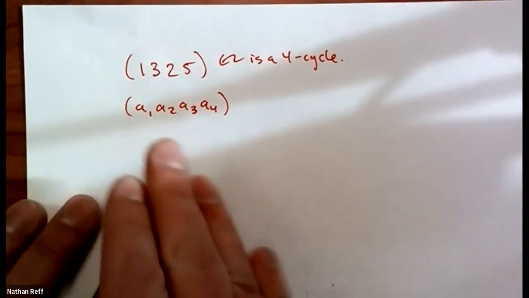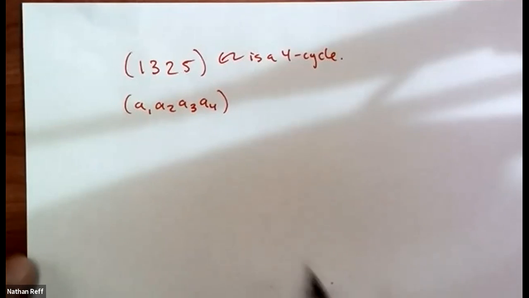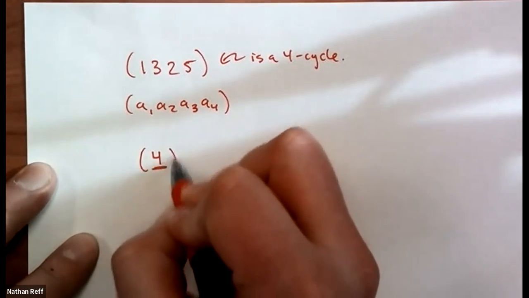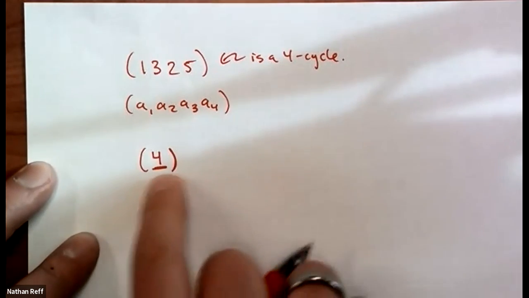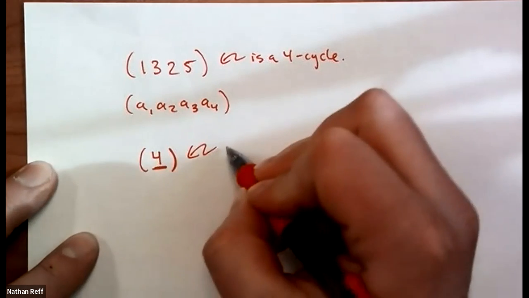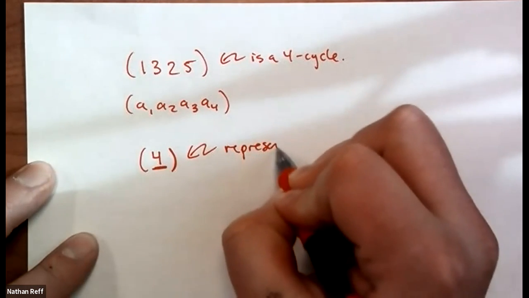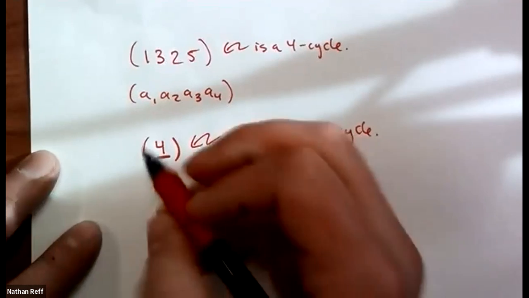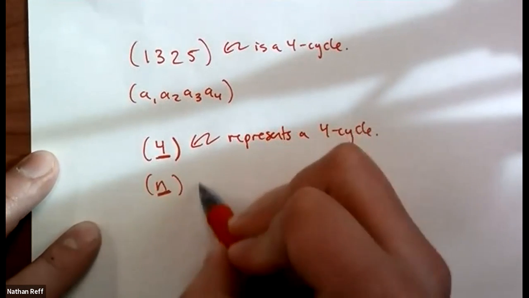So that's one way that you could represent a 4 cycle. Another way is you could write a 4 and underline it, and say that this represents a 4 cycle. So in general, if you want to represent an n cycle,